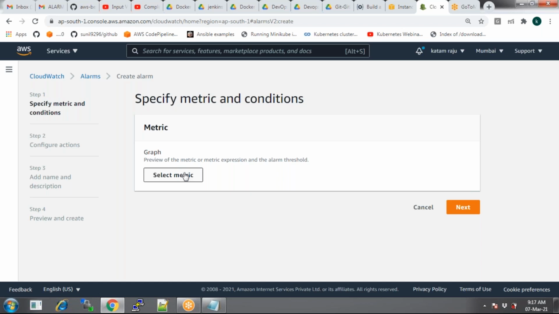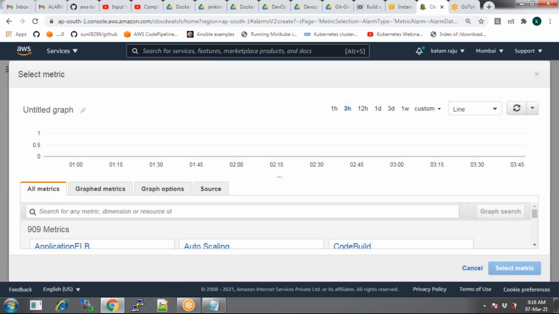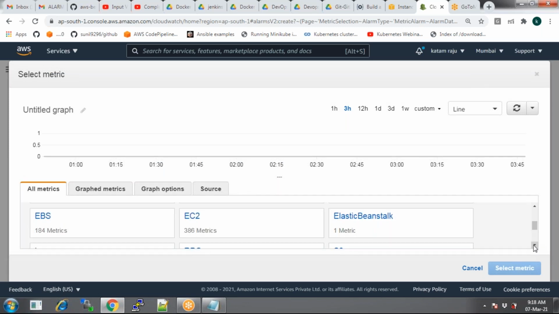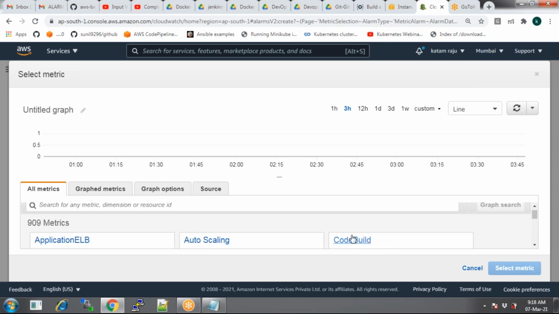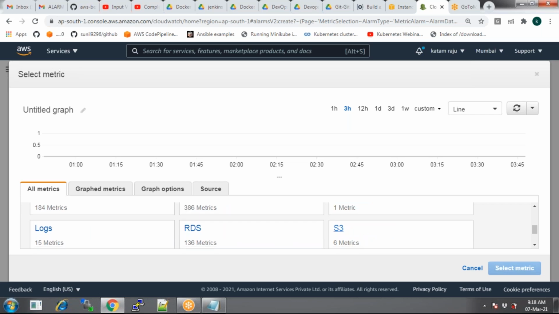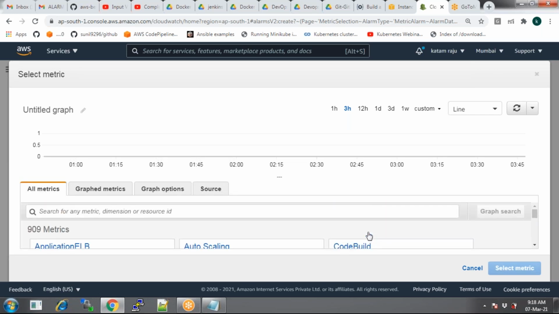Same actions anyway. Select the metric. Whenever you select the metric, you select on which instance, which service, EC2. And then you have RDS, or some other services like CodeBuild. Also you have CodeDeploy services, which is Beanstalk status. There you select the CloudWatch alarms. But this is, we are setting up the alarm at the CloudWatch level, but you need to select the type of service, for what purpose you are creating the alarm.